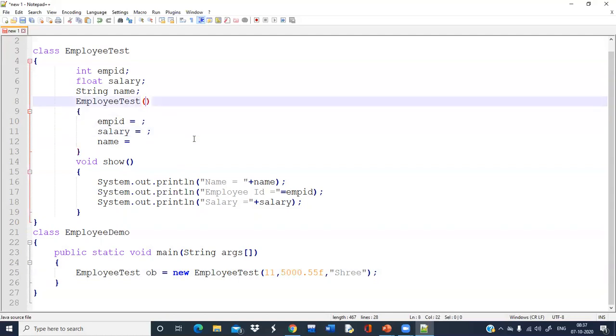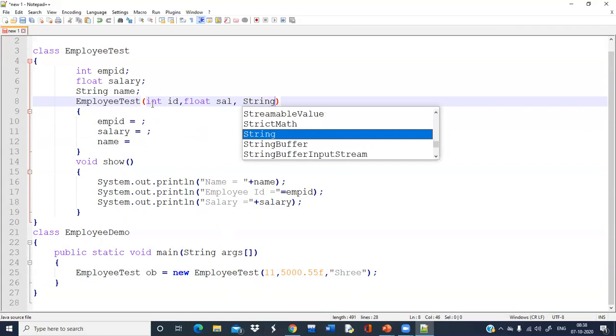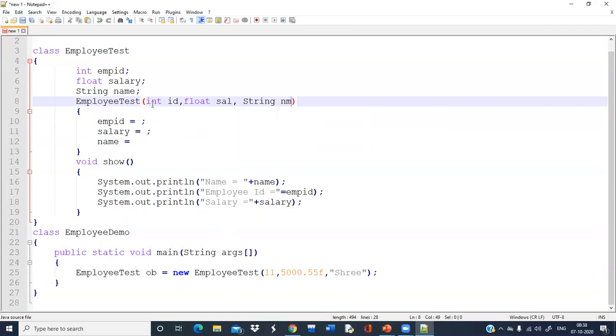Whenever I am passing the arguments while creating the object, I have to catch the arguments. So suppose I am giving int id, float sal, string nm.